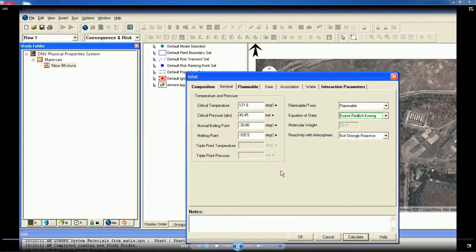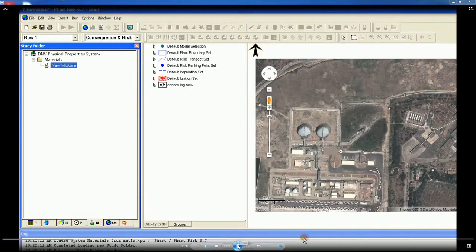You say yes, it recalculates and it will give you now the critical temperature, the critical pressure, the normal boiling point, the melting point, and whether the mixture is flammable or not, and what would be the equation of state applicable, and what would be the reactivity with the atmosphere. These are taken from the database of the software. The moment you say calculate, automatically it does, and say OK, accept these values and say OK.